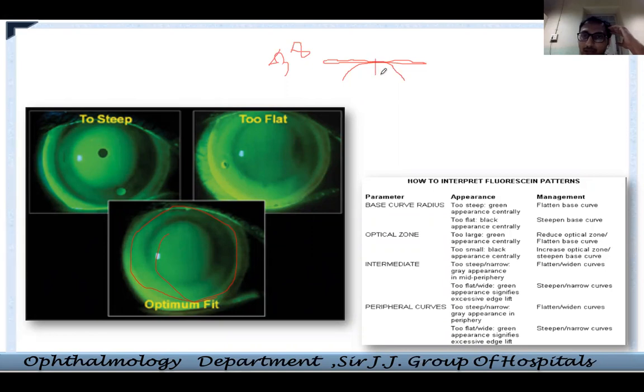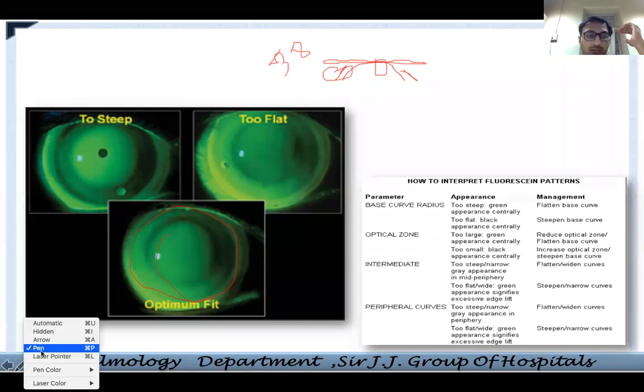It will stick here. But the periphery is empty. Now what will happen? Now when you put a stain, it will go and lodge in this area. Your stain will lodge in this area, where the contact lens is not touching.